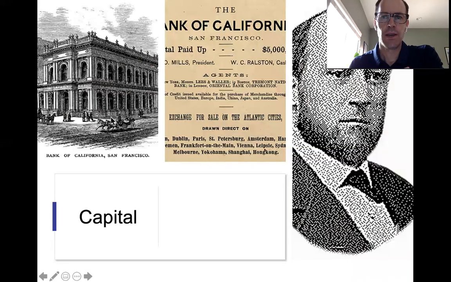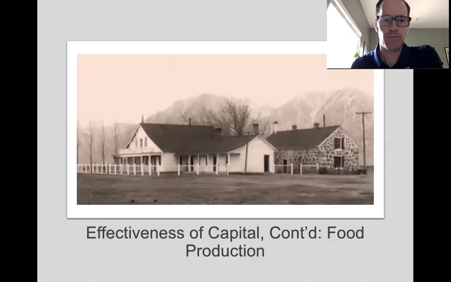Right, now, capital. You need money to invest. You need to buy the equipment. You need to buy the land. You need to be able to pay for getting materials to and from the mining site. So you have capital. In the case of Virginia City, you had the Bank of California, William Ralston here, an entrepreneur, he was able to get money from this bank and then buy all kinds of material to make the mine work.